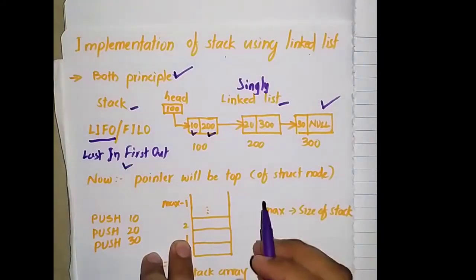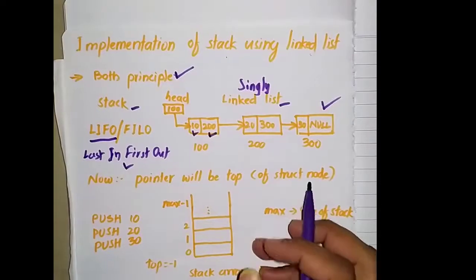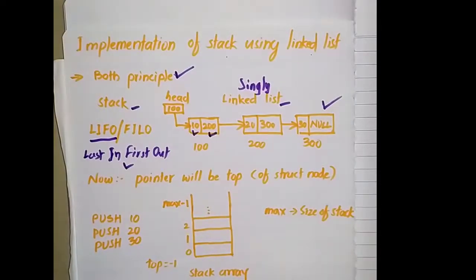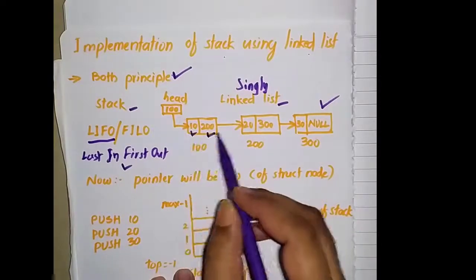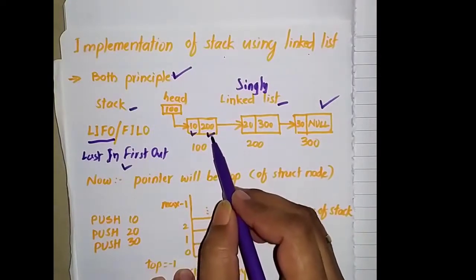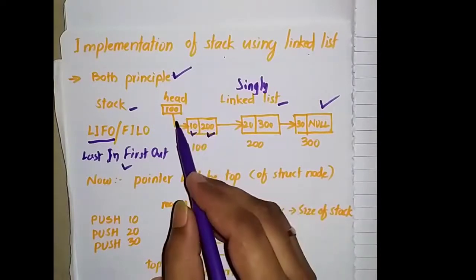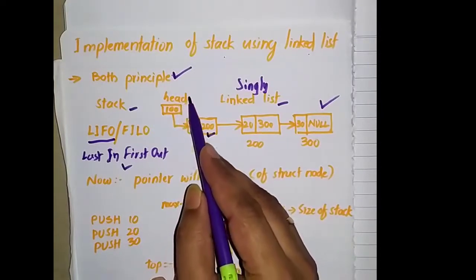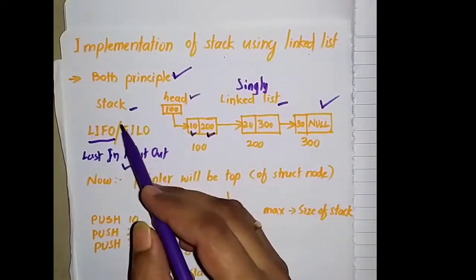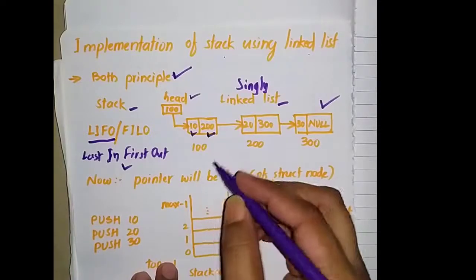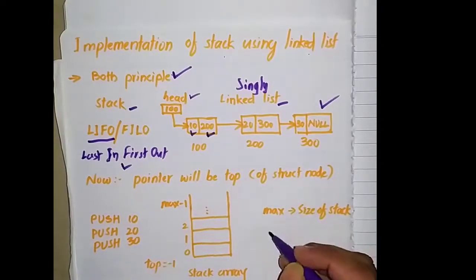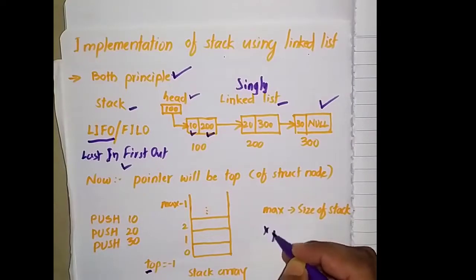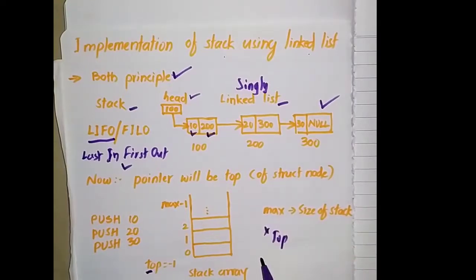So for implementation of the stack, we need to consider both mechanisms. We need to create the nodes which have these 2 parts, and the pointer which is used here in the linked list is head. But related to the stack operation which we saw in the previous lecture, there will be a pointer called top, which we have to use. So we will see the basic implementation, and then we will understand what exactly the way we have to implement the stack using linked list.